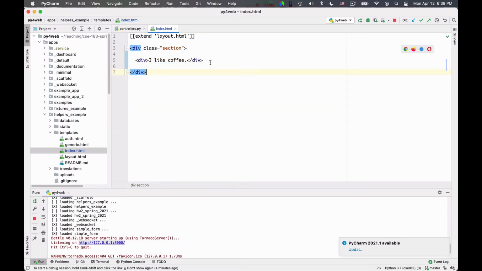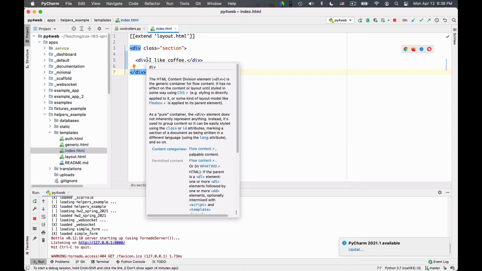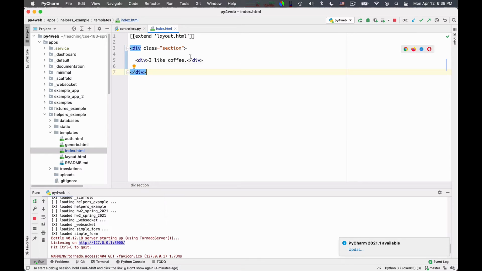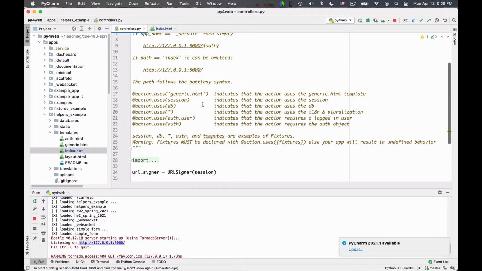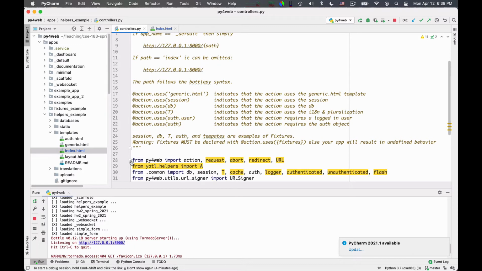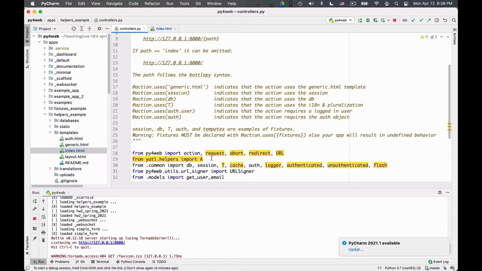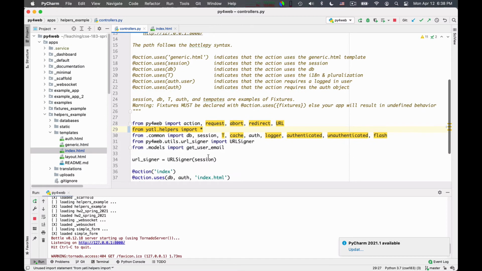So I want to do this exactly in the same way via a div generated server side. So I go into the controllers here. I want you to notice that we already import some helpers, but actually let me import all of them so that I will be able to play at will.